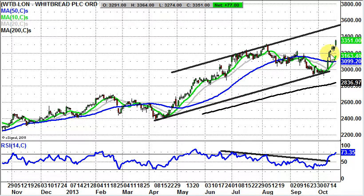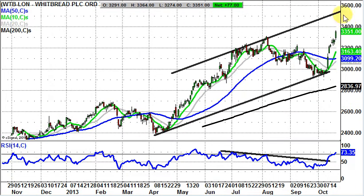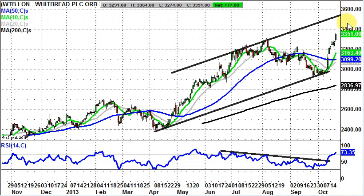And here we have a situation where there's hardly even any time for a bull flag to set in. The stock just wants to keep going up. Target here around 35.50, 35.80 over the next 4 to 6 weeks. And this should be achieved as we get golden crosses for the near-term moving averages, the 10-day, the 20-day, and